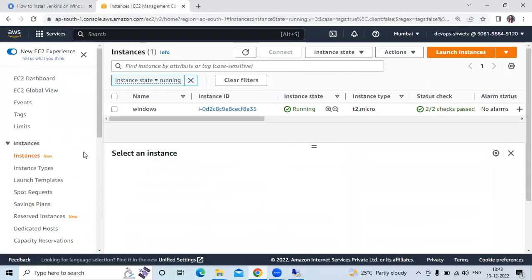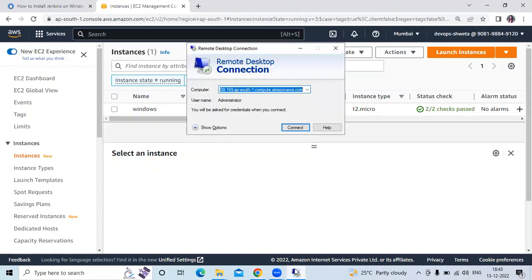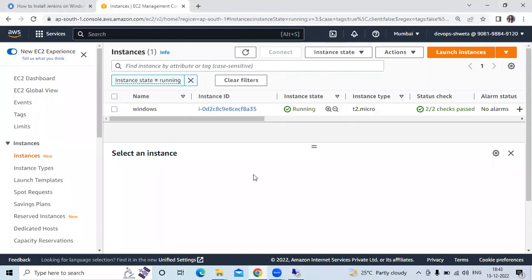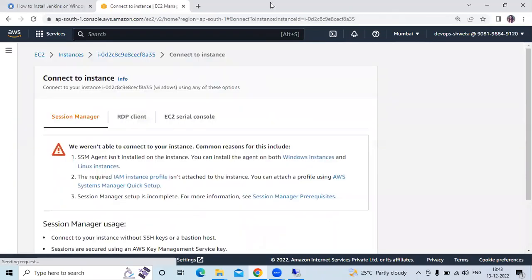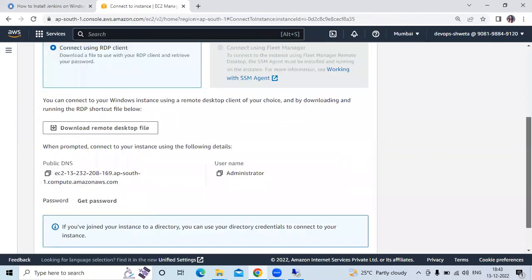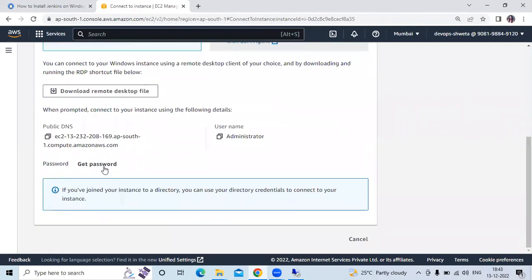That's why I have already launched one instance with the name Windows, and the operating system is Windows. So let's connect to our Windows instance. As you know, to connect to Windows we need RDC, Remote Desktop Connection. So first of all, let's select our instance, then click on Connect, then go to the RDP client, and after that get password,